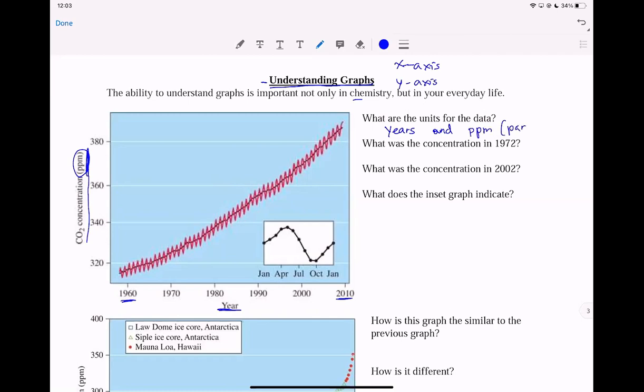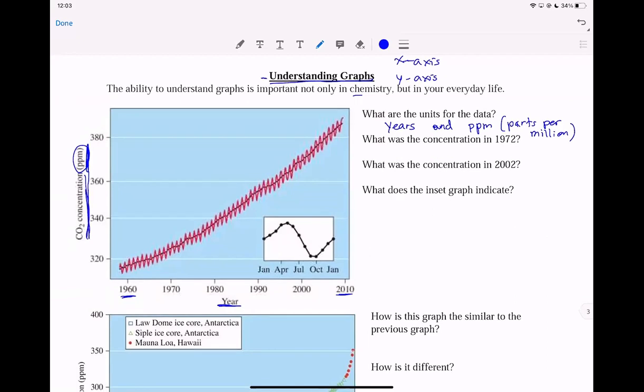So remember that parts per million, we talked about that with air pollutants, and you'll see it again, but that is how many parts in a mixture. And so the parts are of carbon dioxide. So this is carbon dioxide concentration, carbon dioxide that is in the atmosphere, or atmospheric carbon dioxide, the same atmospheric carbon dioxide that we looked at in the carbon cycle figure in the last worksheet. Okay, so we're looking at how much carbon dioxide is in the atmosphere, and we can see that the concentration